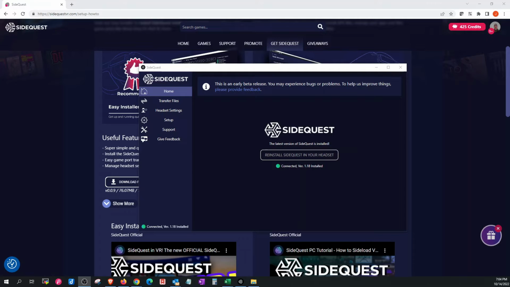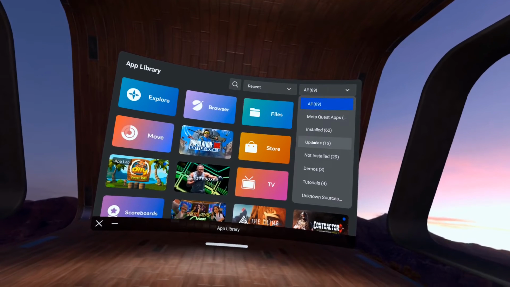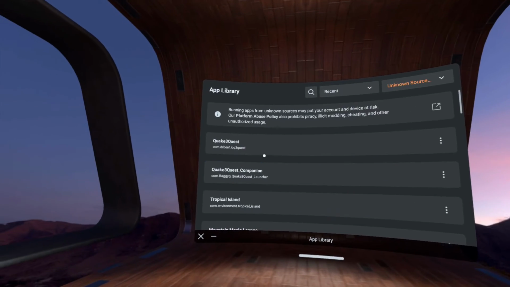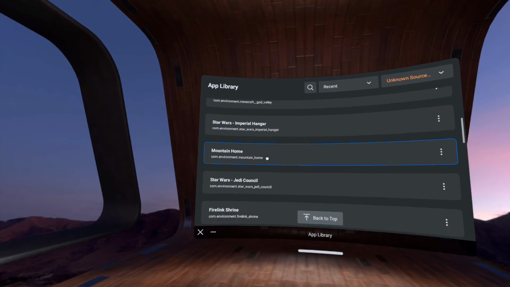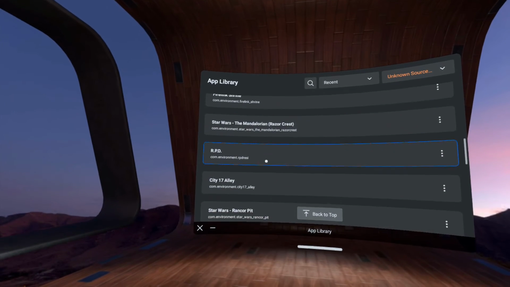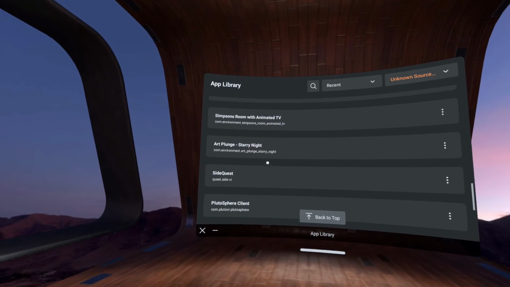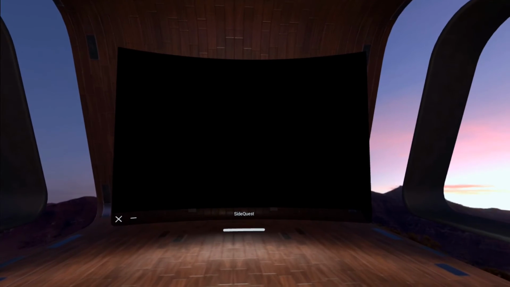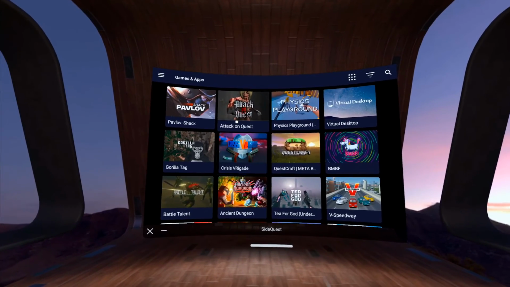So take that option, and then once you've received confirmation that that's been completed, put your headset on, jump into the app library, and go up in the upper right-hand corner and go down to Unknown Sources. You do have to have Unknown Sources checked in order to run this as a side-loaded application. Scroll down the list, find SideQuest, and then once you launch it, you should be able to see the interface